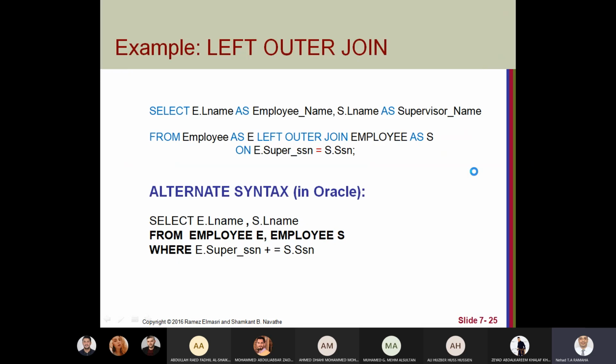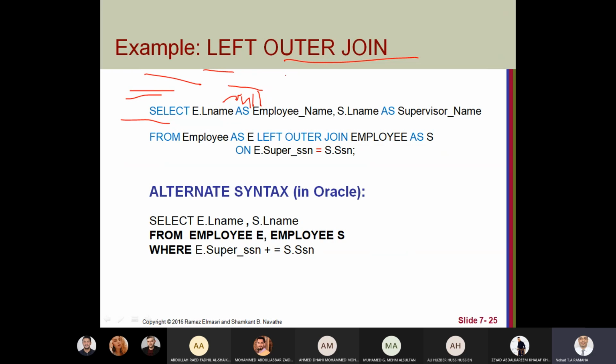Here, for the left outer join, all tuples from the left will appear in the result. If we have a match from the right, it will appear. No match, we fill null for the right. This is the meaning of left outer join.